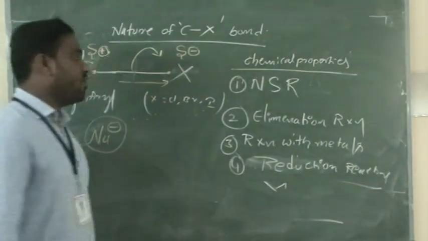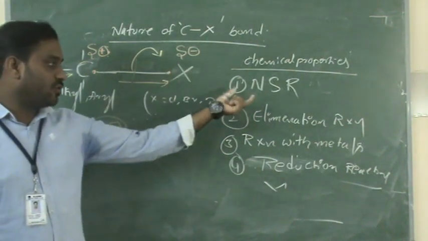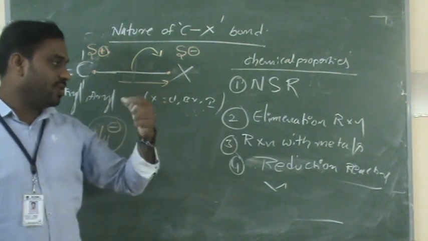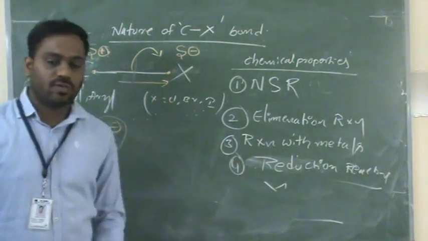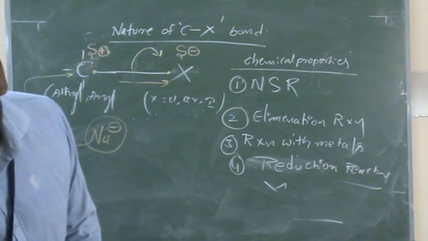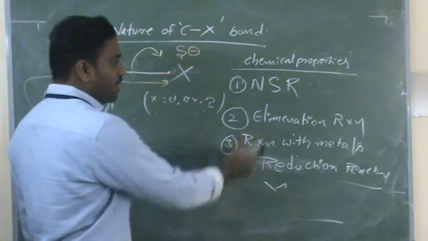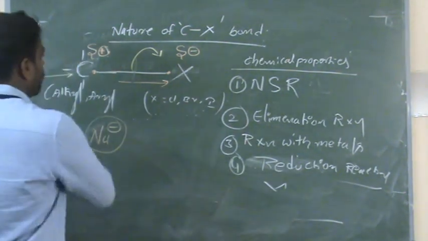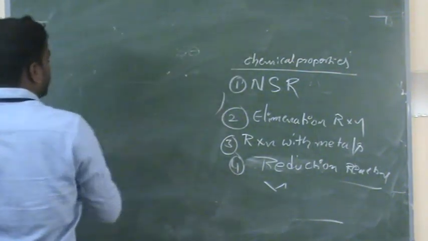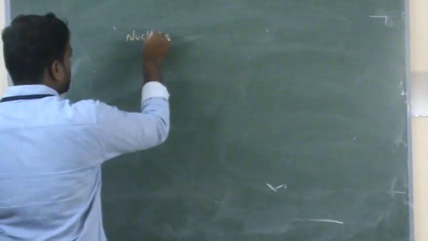These are the four chemical properties exhibited by haloalkanes and haloarenes. One is the nucleophilic substitution reactions, another is the elimination reaction, next is the reaction with metals, and the next one is the reduction reaction. Now the first one we are going to discuss is nucleophilic substitution reactions. Okay, are you following? So there are four chemical properties; keep in mind, one by one we are going to discuss. In this class we are going to discuss the introduction of nucleophilic substitution reactions. So the first chemical property we are going to discuss is called nucleophilic substitution reactions.